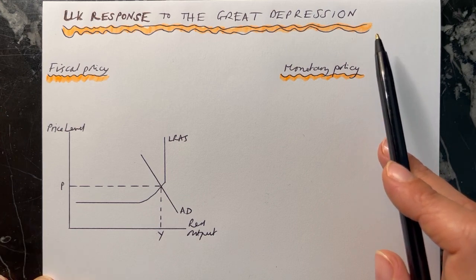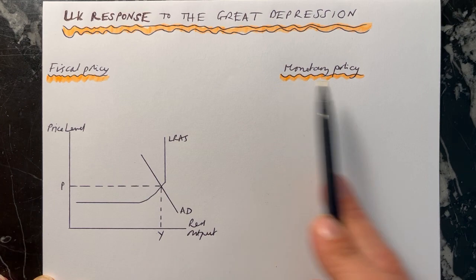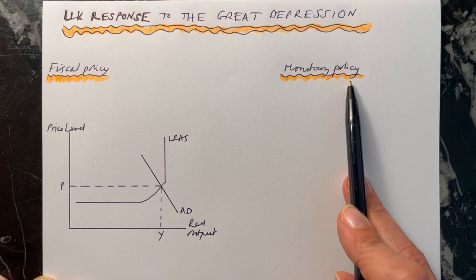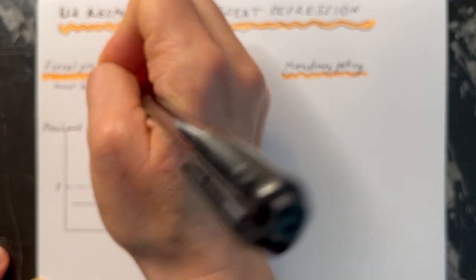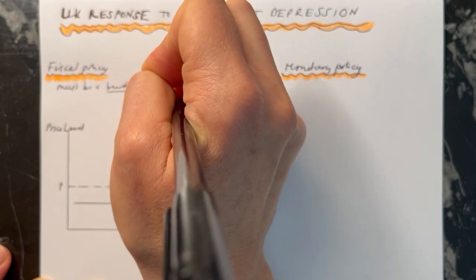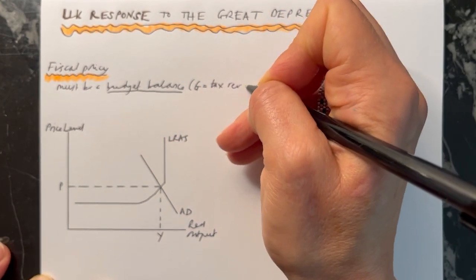And just like the US, in the UK, the policy response was through using fiscal policy, so government spending and taxation changes, and also monetary policy to do with the rate of interest and the money supply. In the UK, at the time, there was a really big focus on there being a budget balance. And this was just the same as in the US. So in both countries, balancing the budget was very important. So this meant that they wanted government spending to be equal to the amount that they were collecting in tax